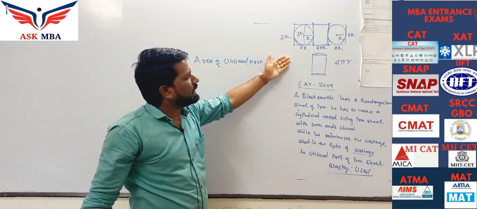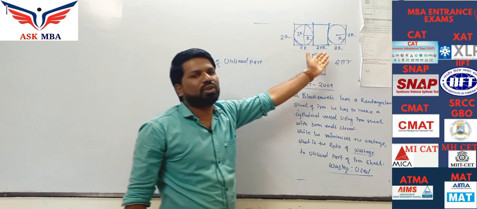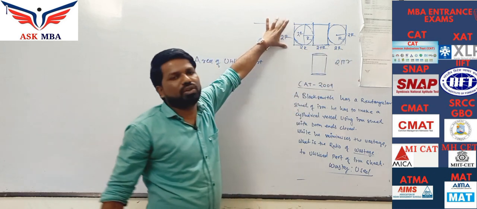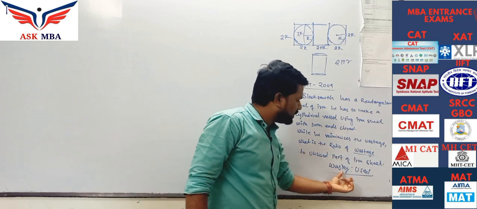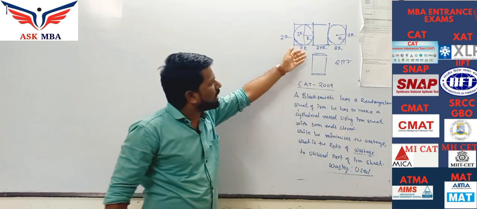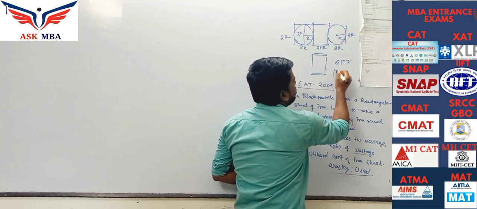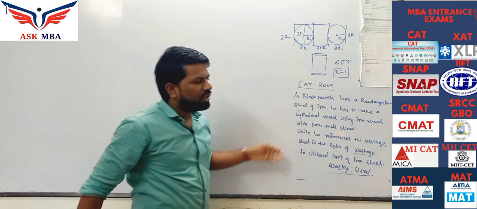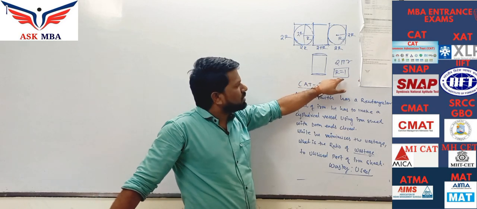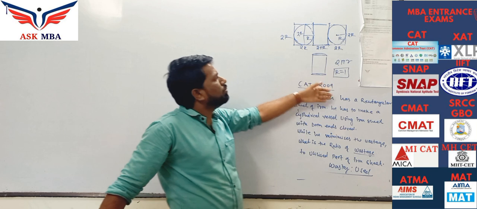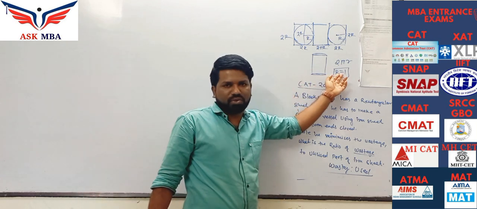Now you can clearly see we have the entire length and breadth of the rectangular sheet. Now we are going to find the ratio between wastage and the utilized area. This r is going to cancel out anyway. Let us put r equal to 1 through our assumptions. Again, it is not important to put r equal to 1; it is just to make the calculation simpler.